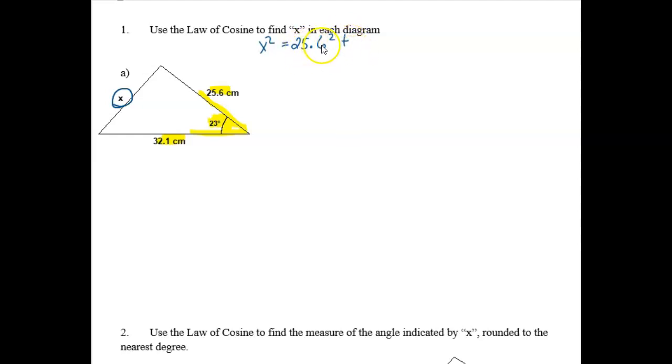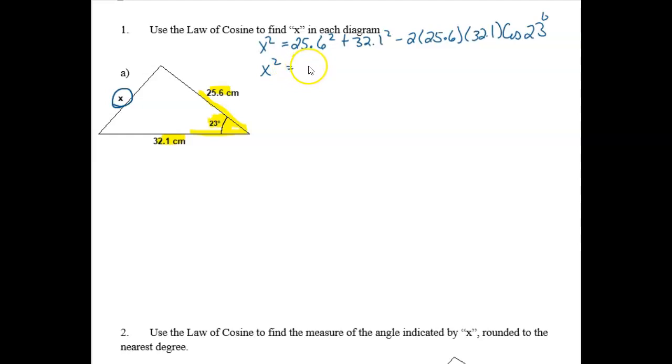So it's going to be 25.6 squared plus 32.1 squared. Subtract. And it's 2 times these same sides. But it has to be these sides because you don't have any other measurements to use. And then cosine, well, it's only in 23 degrees. So this angle is always in between those sides. And then if you work this out,